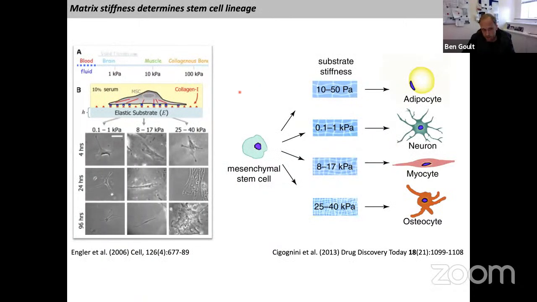And this is from 2006 now, this experiment, but it's seminal. It's one of my favorite experiments. And it's from Dennis Discher's lab in the Engler et al. Cell paper. And in this experiment, they take a population of stem cells in the same media with the same extracellular matrix. And the only variable in this experiment is that they change the elasticity of the substrate. So they make this matrix stiffer or softer. And a stem cell plated onto those different stiffnesses will differentiate and alter its gene expression and its transcription, what it's reading, and ultimately reprogram.